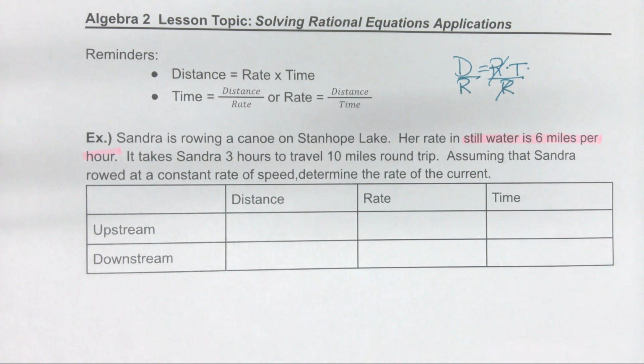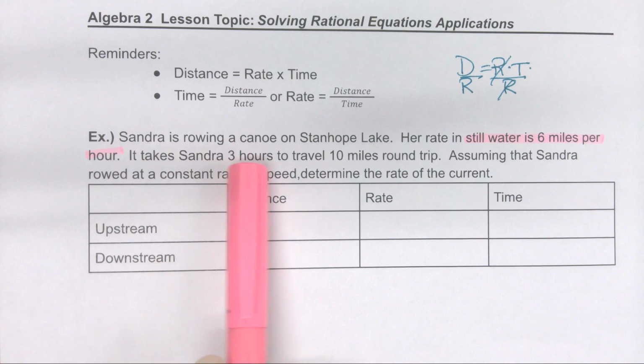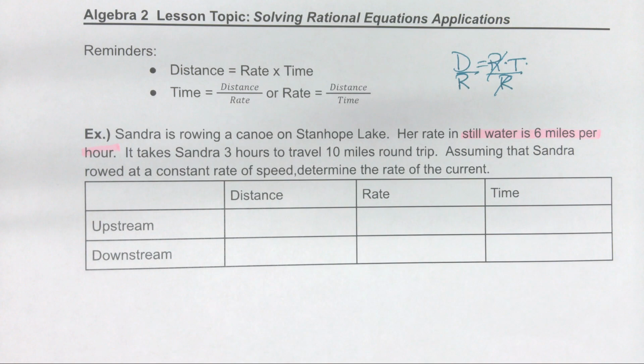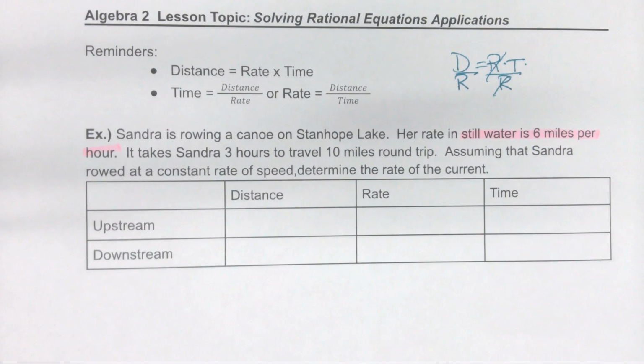Okay, guess what would happen if they asked you to go back to where you started from? You'd probably need a paddle, and it would be kind of tough, correct? Because you'd be working against the current. So if you are canoeing on a lake, then maybe that's not going to happen because there's no current. But let's say the wind picks up, okay? And there's a current now. It's going to take her 3 hours to travel 10 miles round trip. And there's a current now working with her and against her.